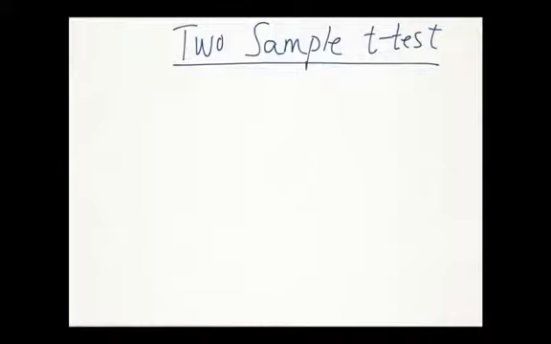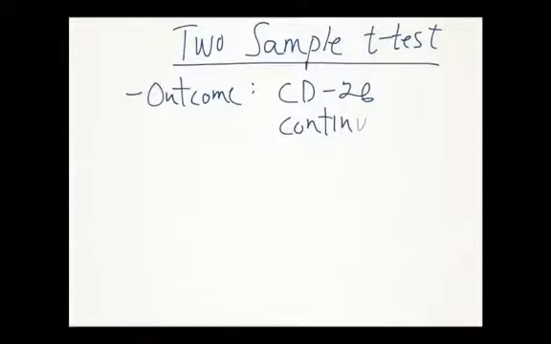So the outcome variable in this example is a measure called CD26, which is a continuous variable. You always want to think about the type of variable you're dealing with, because that will guide the type of statistical tests that you want to use. So far, we've only talked about tests for continuous variables, but as we move forward, we'll cover other types of tests. Okay, so the outcome is this CD26 measure of the immune system, a continuous variable, and now we have